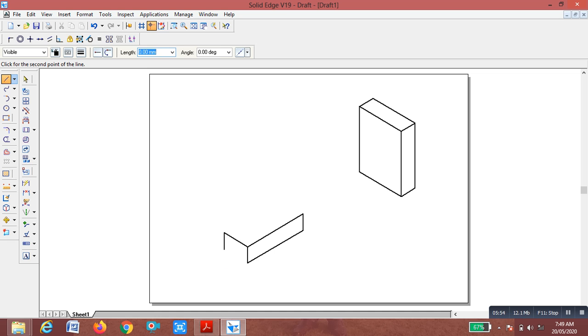Again from this end, length of 60, enter. You are moving towards the right, so it is 30, enter. And connect here. It forms a slab of 15 mm thickness. Now you draw this thin line.